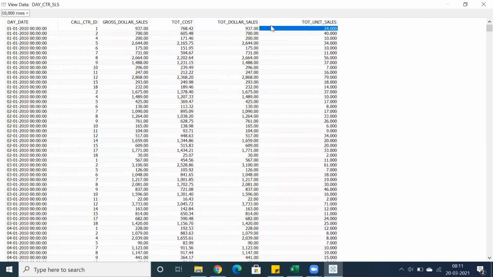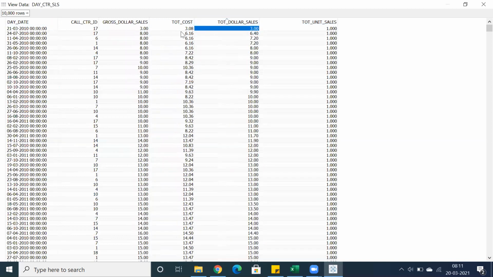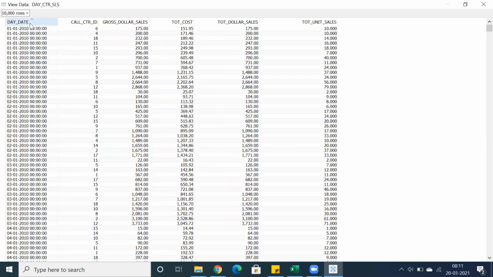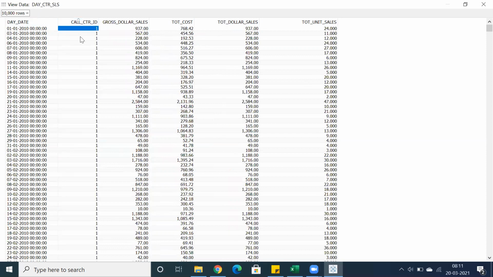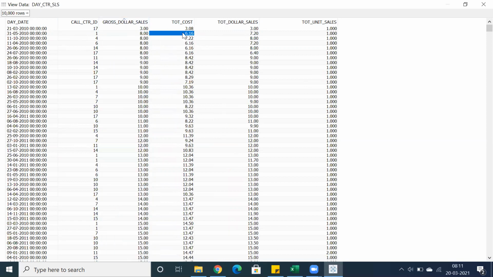Clear? So now you can see here we have day date, which is a foreign key, and we have a call center ID, which is also a foreign key. But we have gross dollar sales, total cost, total dollar sales and total unit sales, correct?